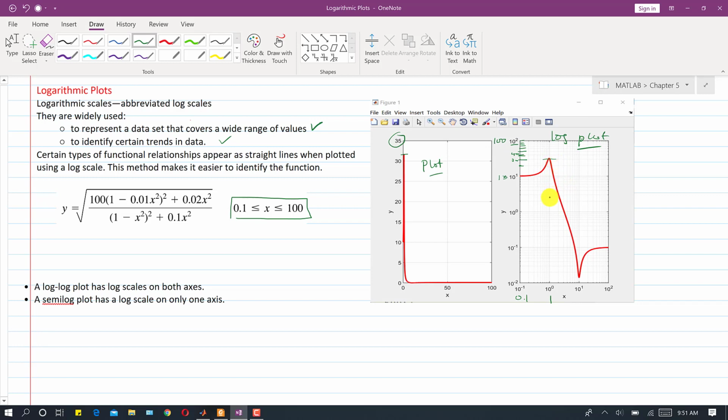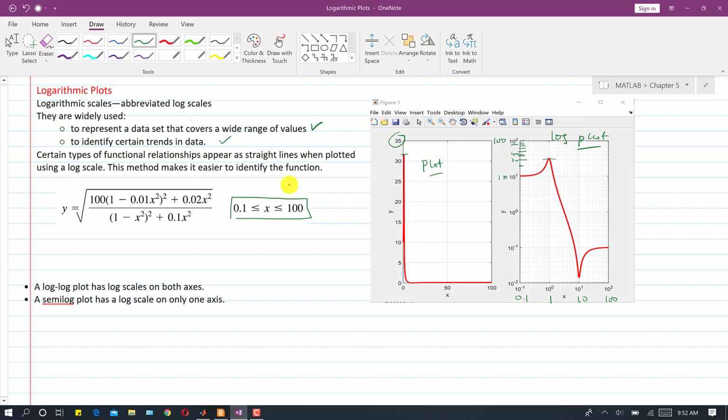When we plot a logarithmic plot, we can see the minor details of the data. Here we can see that at 10 to the power 1, which means 10, it is not visible where 10 is in the simple plot. Near 10 there is the least value of this function. Then as we go from 10 to 100, the value increases and the graph becomes smooth. This is the benefit of using logarithmic plots.